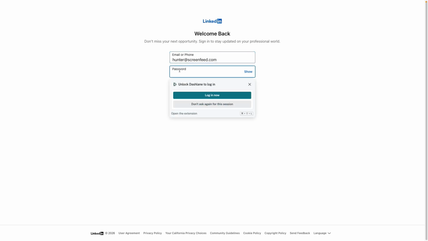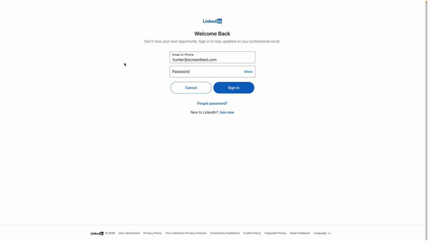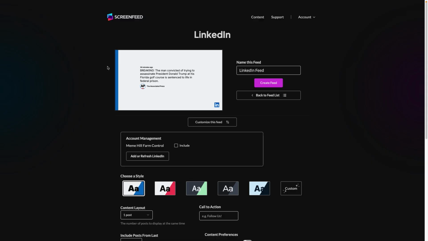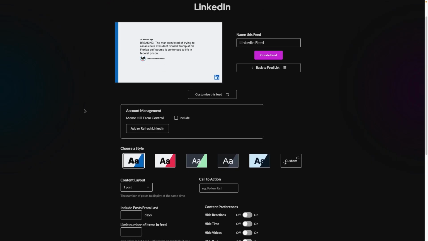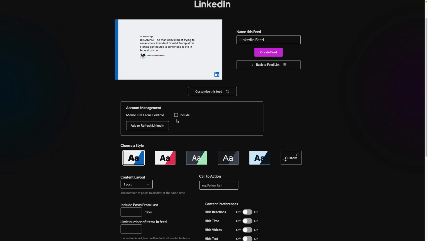Enter your LinkedIn credentials that has administrative access to your LinkedIn business page. Since this authentication is provided by LinkedIn, it includes any two-factor authentication you may have enabled. Continue through the authentication prompt. This installs an application on your LinkedIn account. Click the checkbox next to the account you want to include in the feed.